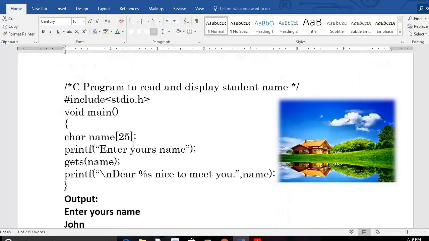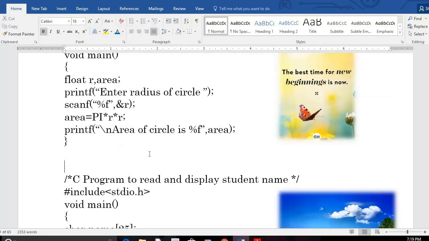Convert the temperature reading from Fahrenheit to Celsius. How to convert? 5/9 into F minus 32. Given temperature is stored in the F variable, that value minus 32 multiplied by 5/9, we converted the temperature reading from Fahrenheit to Celsius.